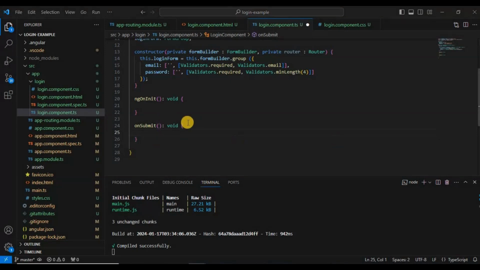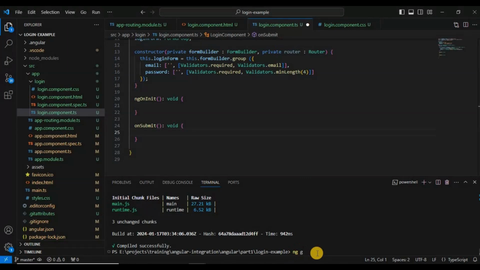As we can understand, we need to create one service for talking with the external services. Here it may be a get call or maybe a post call. Whatever the call is, based on that we need to create one service layer. For that there is a command for creating the service. As for creating the component the command was ng, then g, then component, and then the component name, similarly we need ng,